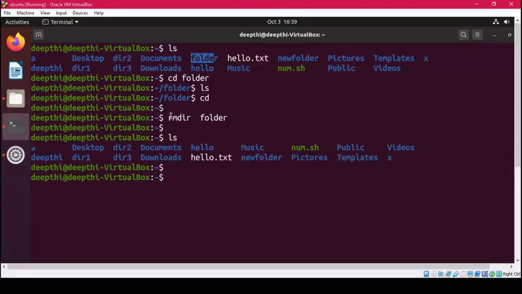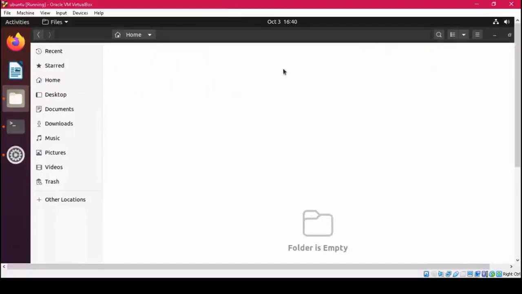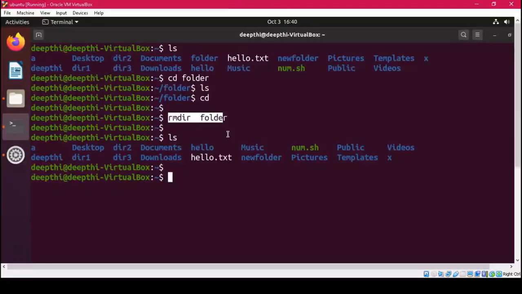Now, this was the case when I can delete one directory, right? What if I want to delete more than one directory? It can be deleted with the same command in the same line. So let me show you what directories we are going to delete. I'm going to delete dir1, dir2, and dir3, but they can only be deleted if they are empty. Let's see. Yeah, dir1 is empty, dir2 is also empty, and dir3 is also empty. Now let's just delete them. Simply what you have to do is write rmdir, then with a space dir1, then dir2, then space dir3.